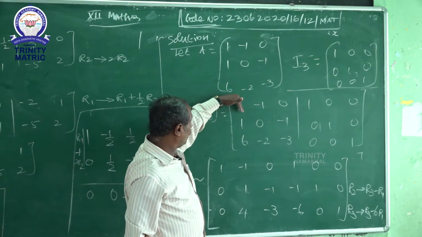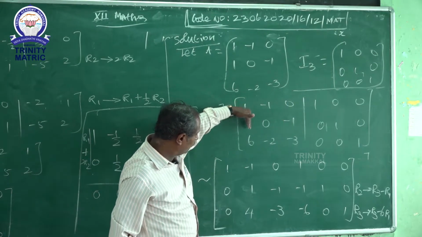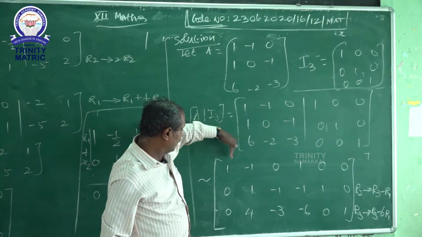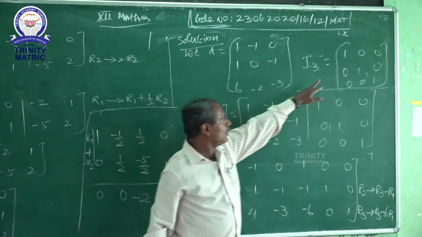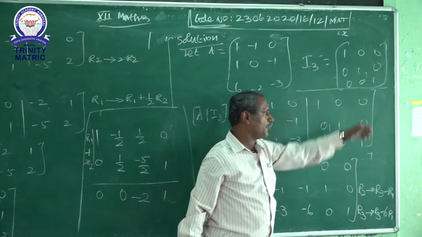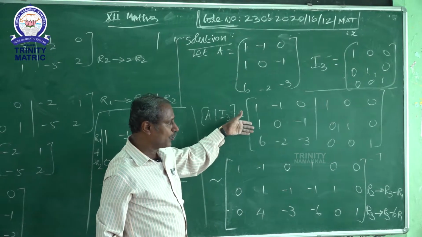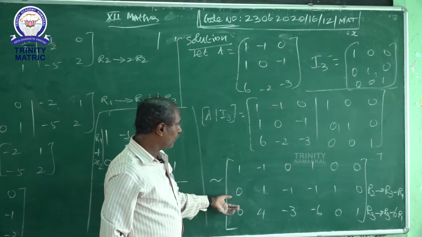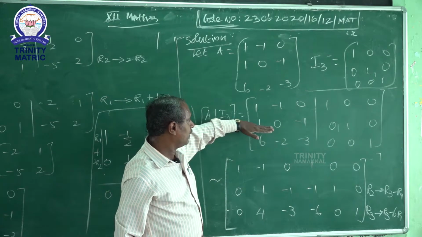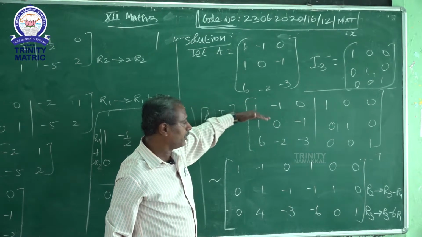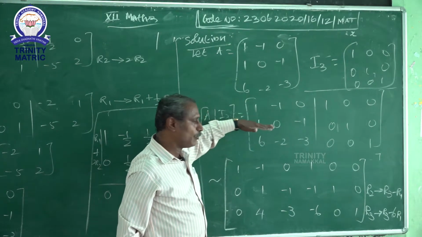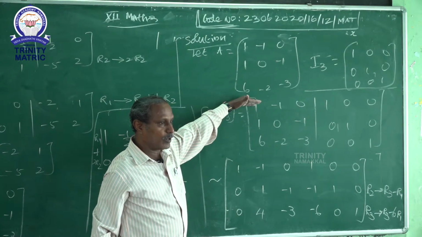Then after this, again you have to focus on the first column of the matrix. In the identity matrix, the first row, first element is 1 and the other elements are 0. So we have to make the second row and third row, first element 0. For that purpose, 1 is already there, so directly we can change this row. There will be no need of multiplying because 1 is already there. Subtracting 1 from row 1, we will get 0.